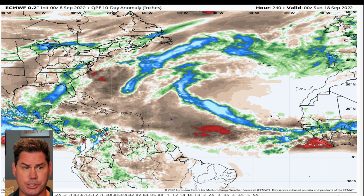So if we head out to the tropics, here's the overall setup for the next 10 days as far as the precipitation anomalies. There's Earl, right? Earl goes well out to sea. There's the sheared off system of Danielle. That will maybe become Fiona out into the open waters of the Atlantic. But again, most guidance actually has this